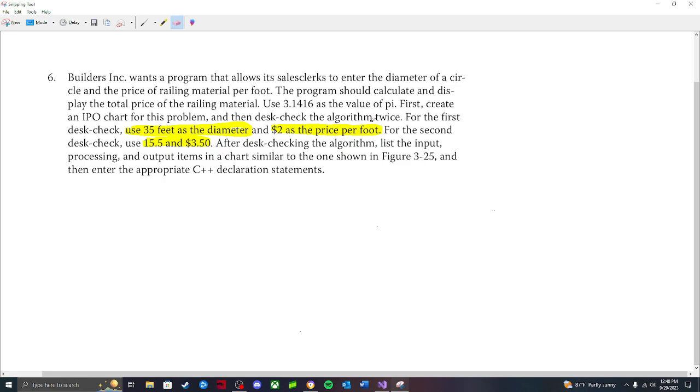First and foremost, I am not going to create the IPO chart. That is the easiest part of this entire process, and I'm not going to do the listing of the input, processing, and output items similar to the one in the figure. That's the easiest stuff that you can do. All right. So